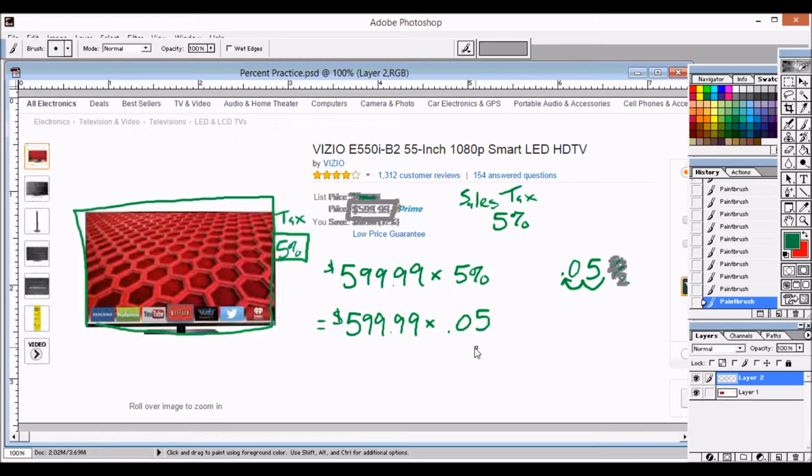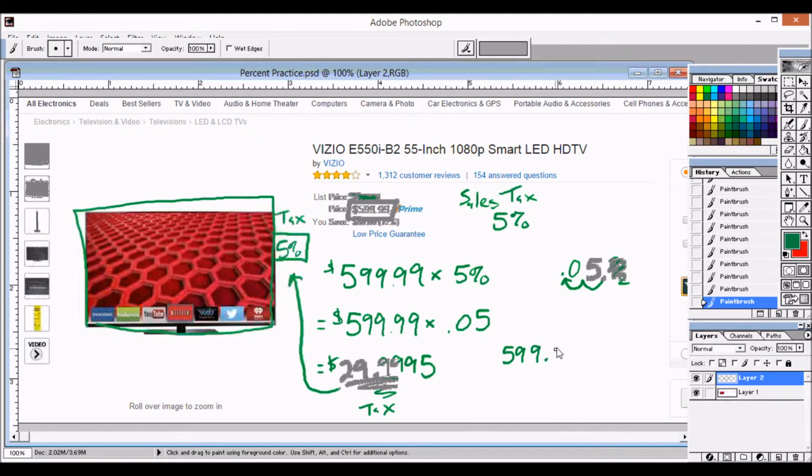When I do that multiplication, I end up with $29.9995. Ooh, that's pretty sweet. Is that all I'm paying for the TV? Oh, criminy, no, that's just the tax. That's how much I'm paying for the privilege of owning this television, that extra little bit. So to find the final cost, I have to add this on to the original price. Or I'm sorry, the original Amazon price, not the original list price. So